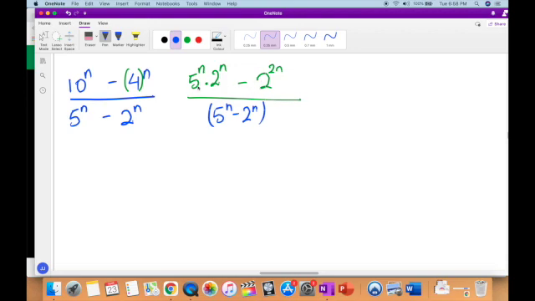I have the 5 to the n on this side, but after the minus sign, I need a 2 to the n. I have 2 to the 2n. So is there any way that I could change this to involve having 2 to the n somewhere inside of here? What if I have the 5 to the n times 2 to the n minus, what if we had 2 to the n